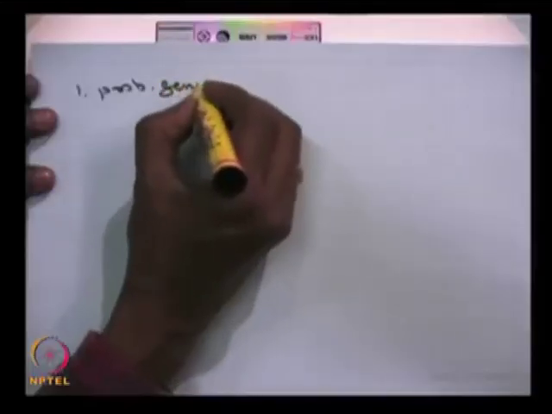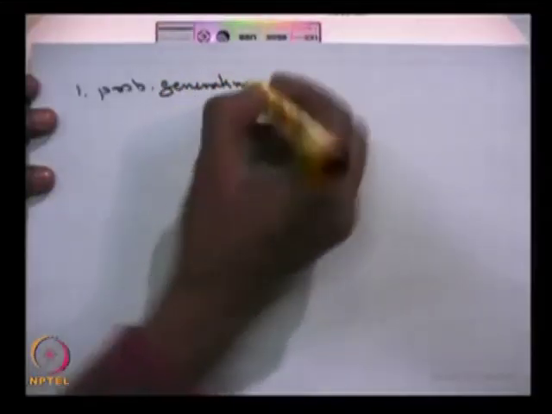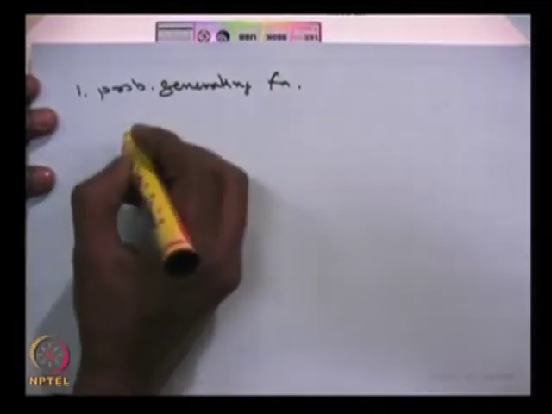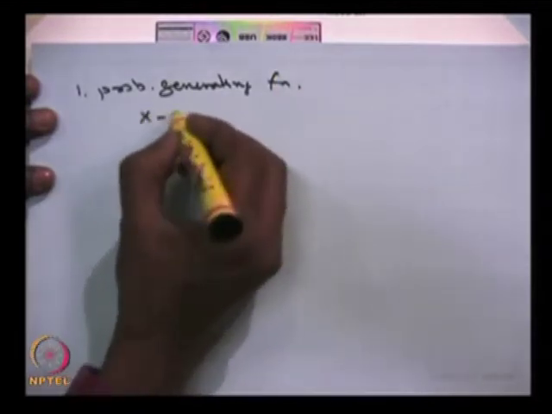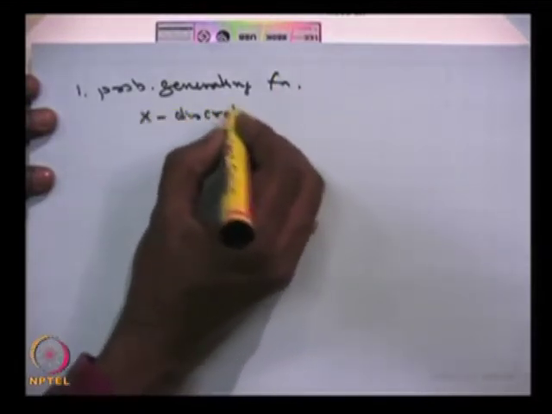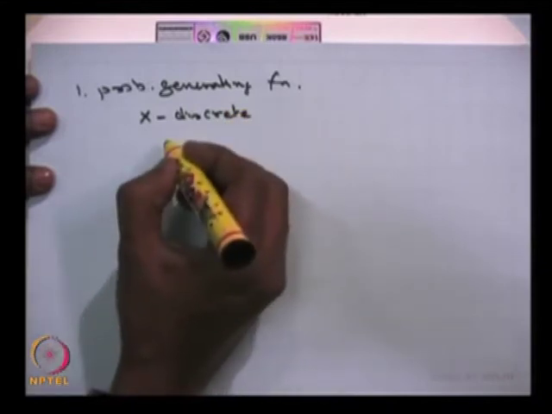Now we are going to discuss a few generating functions. So, the first one is called a probability generating function. This is possible only when the random variable is a discrete random variable, and the possible values of X